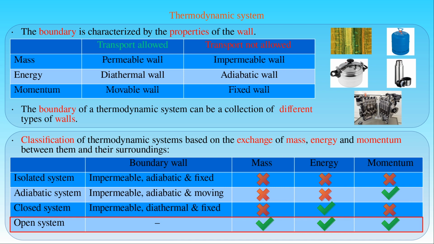transfer of any quantity is allowed between the system and its surroundings. One can interpret such a system as if we draw only a hypothetical boundary between the system and its surroundings. If we open the valve of a gas cylinder, or remove the lid of the pressure cooker or the cap of the thermos, all the substance held in these containers becomes an open system, where the exchange of mass, energy and momentum is free.